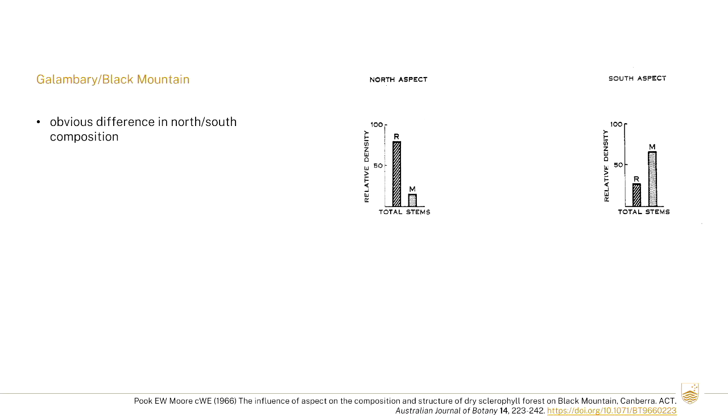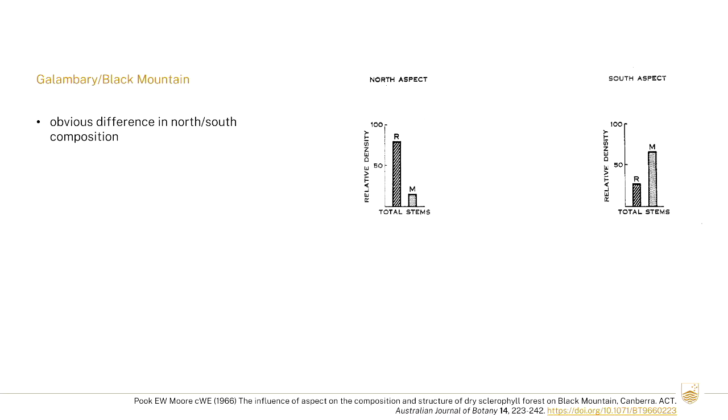Let's return to Black Mountain, to Gallen Barrier. This should be, or hopefully is, familiar in some respects because it comes from Pukenmore. It's the paper that we opened up at the start of the semester, and in it Pukenmore highlight this obvious difference between north and south insofar as the composition of the overstory. And you can see on the left, on the north aspect, we have Eucalyptus rossii relative to Eucalyptus macrorhyncha, and